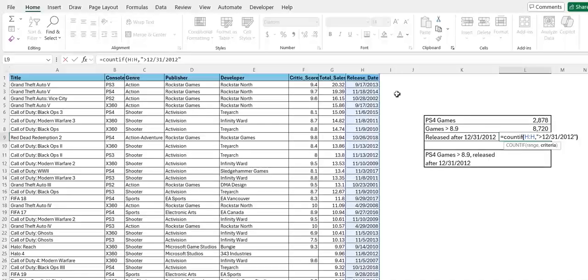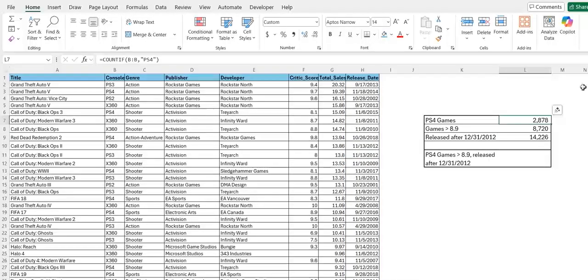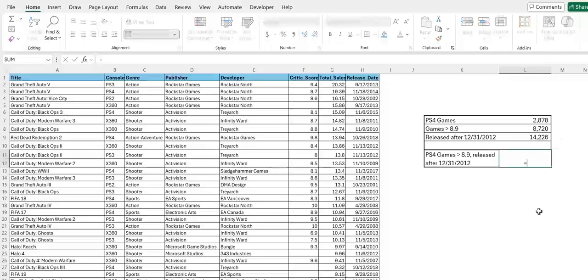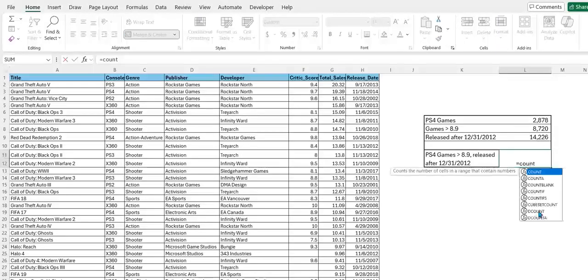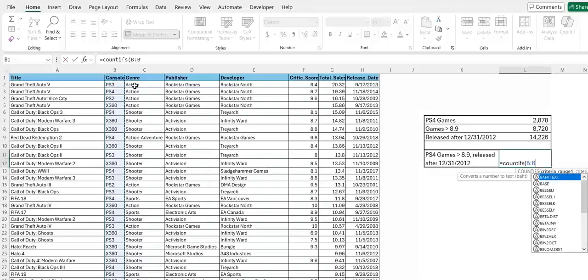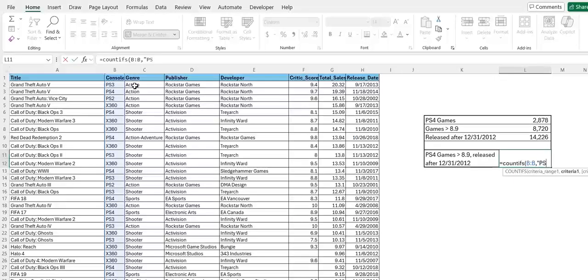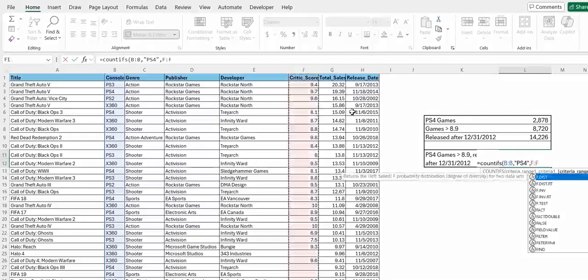Now let's say we want to combine all three criteria. So we only want games that are for PS4, have a score over 8.9, and released after December 31st, 2012. To do that, we'll use the COUNTIF function, but this time we're going to add an S to the end, so COUNTIFS. In cell L11, we'll type equals COUNTIFS, open parentheses, highlight column B, comma, quotation mark, PS4, quotation mark,